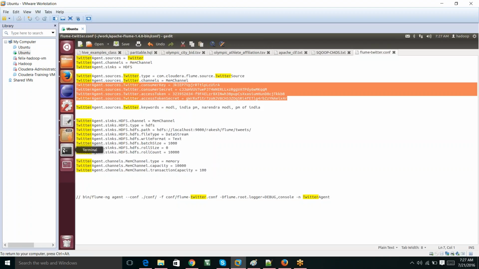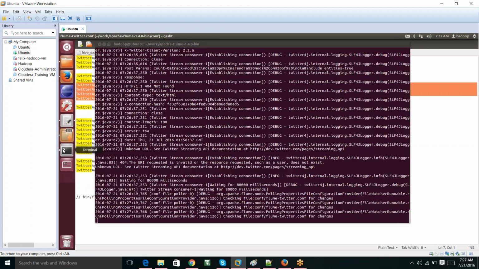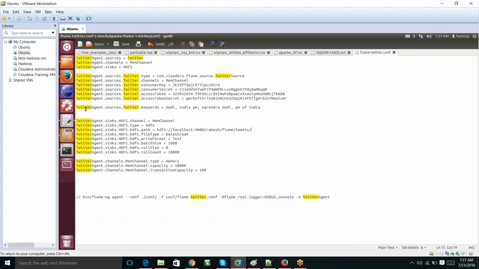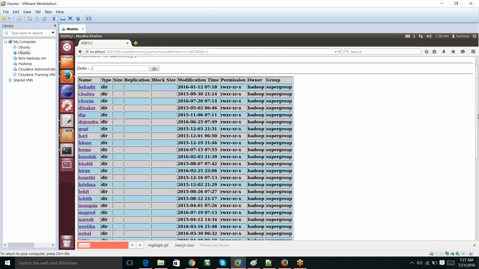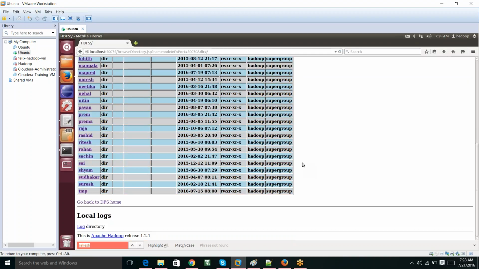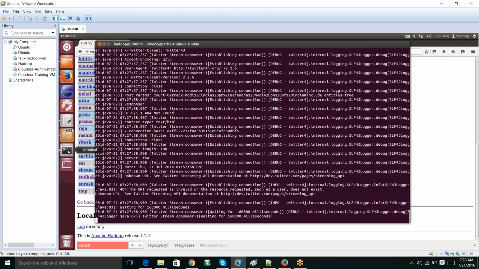So basically what will happen here, it will pull the data directly from Twitter and store it into my HDFS directly. That is the result you can see here. Just let it run continuously. It will pull the data based on the keywords which I have used, like the new president of America, then